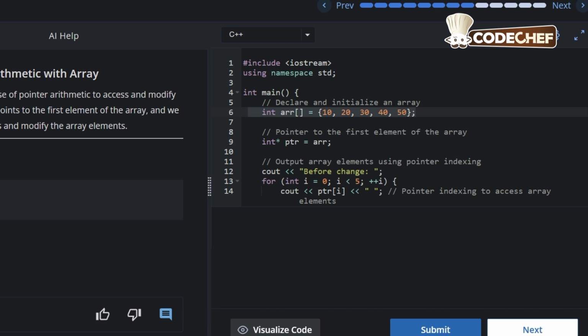So here we have declared and initialized an array whose name is arr, and these are the values that we have assigned. Now let us declare a pointer to store the address of this array. int *ptr = arr; Now cout << "Before change:";